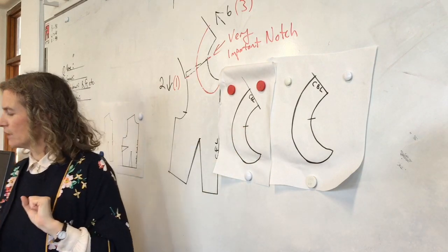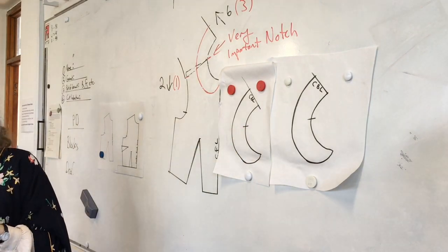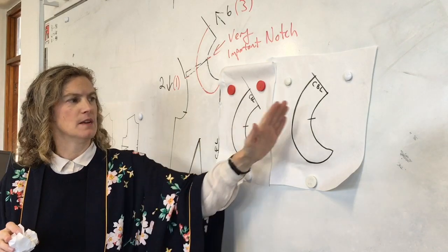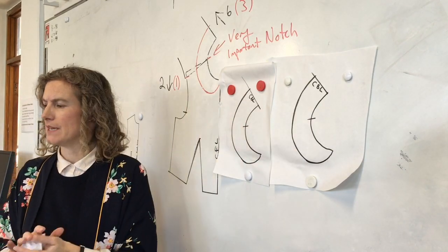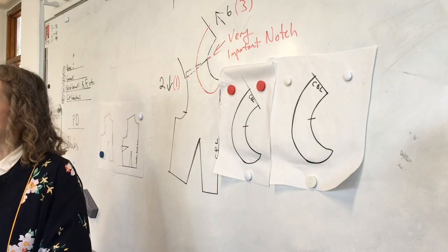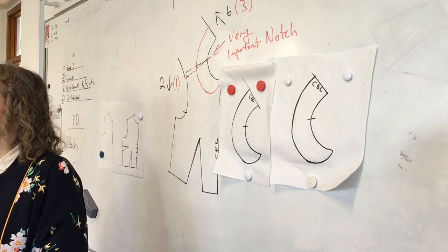Now, there's one extra thing that we do on the pattern piece here. So we need to put our seam allowance around these. We need to label them. They'll have a different name because one will be a top collar and one will be an under collar. So the thing that you do on a top collar is you add a very small bit around what's called